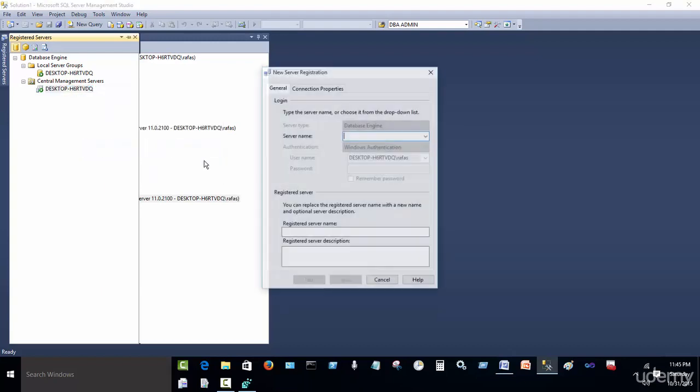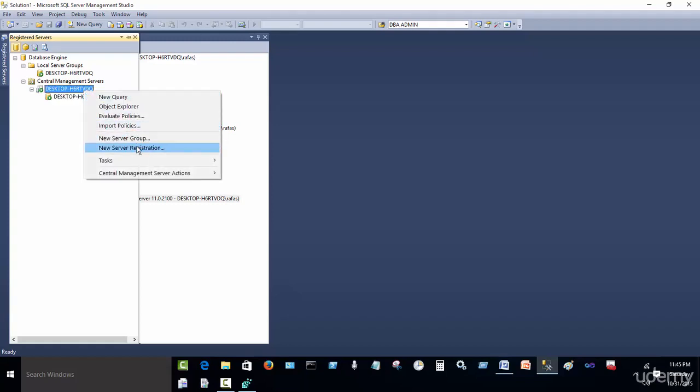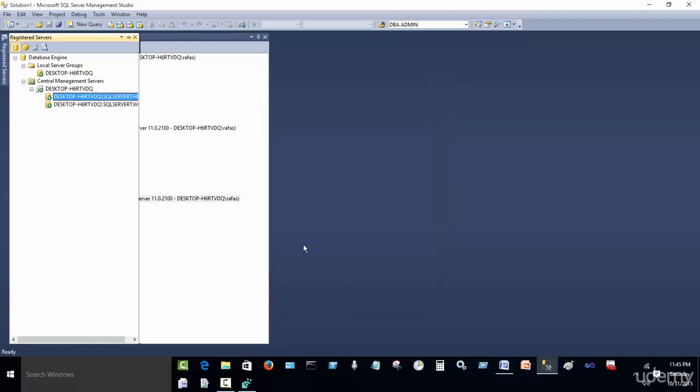New Server Registration. And I'm going to select 2 and save. And then I'm going to repeat the same process. New Server Registration. And I'm going to select 3 and save. So what that means now is that of the 3 servers that I have, this one, the desktop,